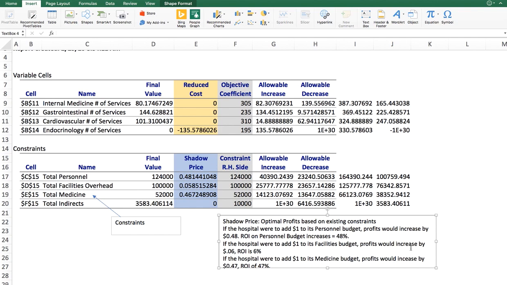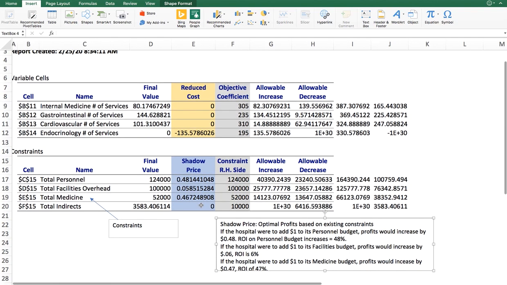And then finally, it tells you that for the indirects, based on the existing constraints, if you add $1 more to the indirects,